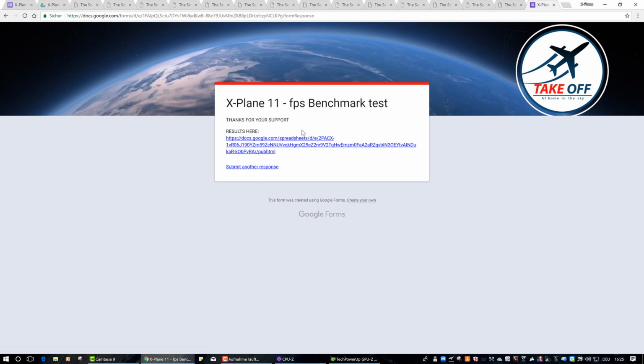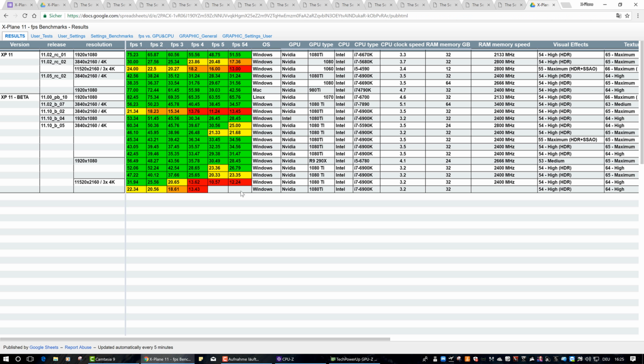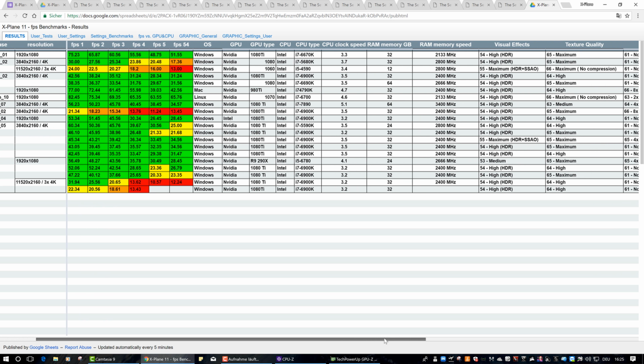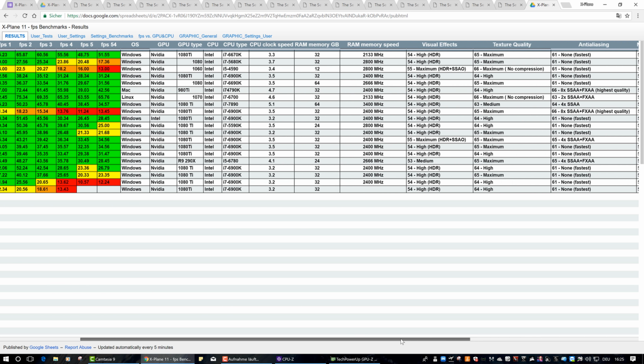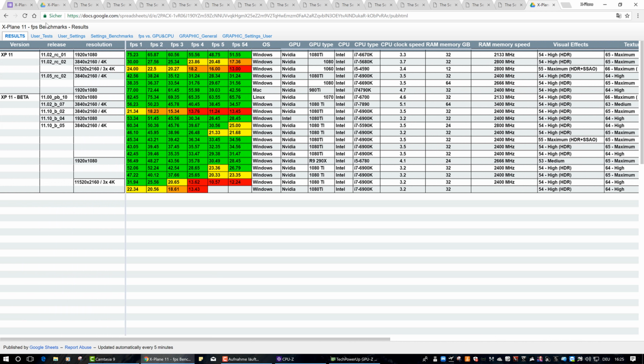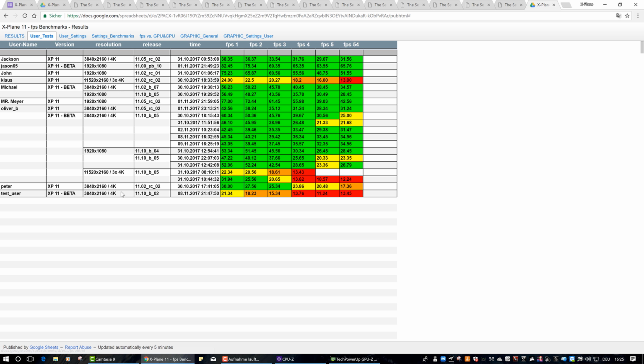Now this is all, and now we can look at our results here, and we have a lot of possibilities. For example, results by version, beta, then release, then the resolution, FPS 1, and so on. And we can look here at our rendering options, other page here by username,